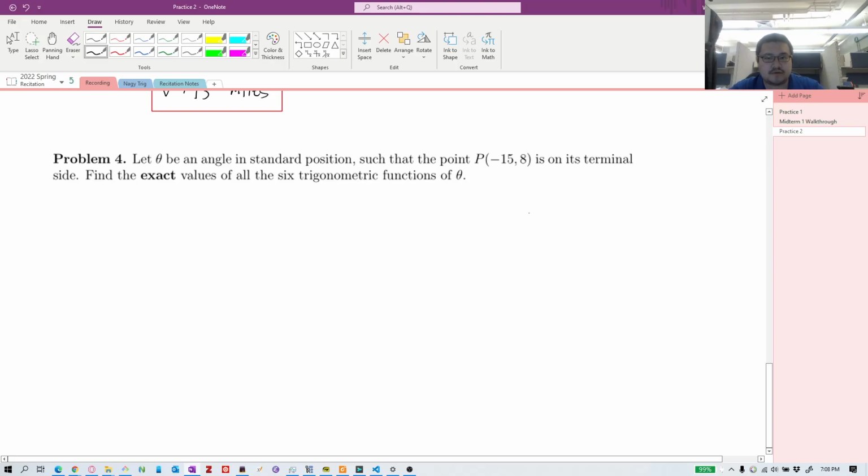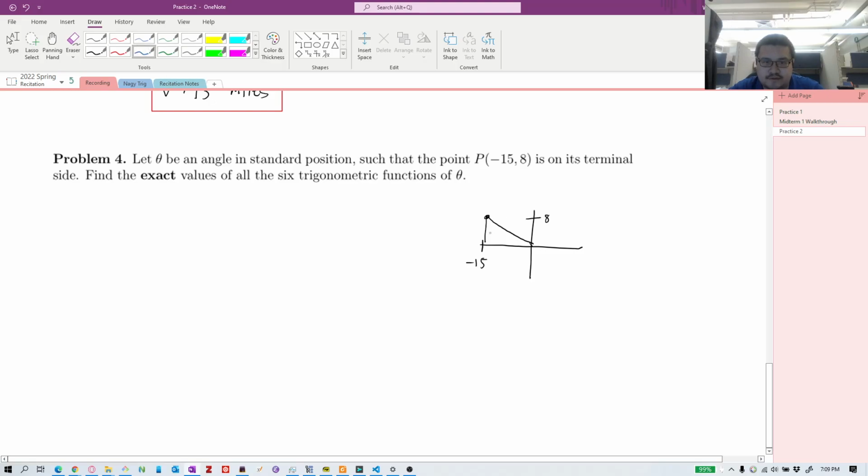Great. So, let's do a little sketch because I want to figure out what quadrant this is in. So -15 is going to be somewhere over here, and 8 is going to be up here. So I have a point around here, and my triangle is going to be like this. And if I were to label my sides, so now this is where I've written -15 in the wrong place. So if I label my sides,